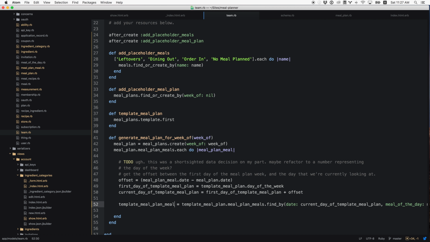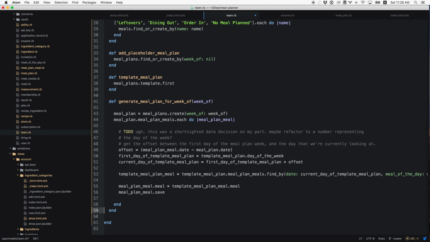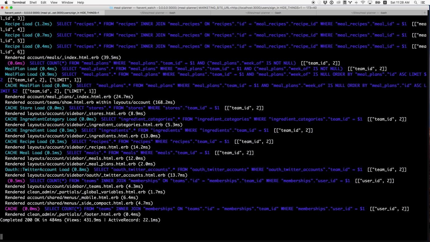So that should grab the template meal plan. Once we have the template meal plan, we want to copy over the recipes. So any recipes that are part of the meal, we want to just copy the meal over to the actual meal plan meal. That should do the trick. So let's see if this works. Obviously I think we're going to run into some trouble here. I don't think this is going to work on the first shot, but I'm going to go into the console,